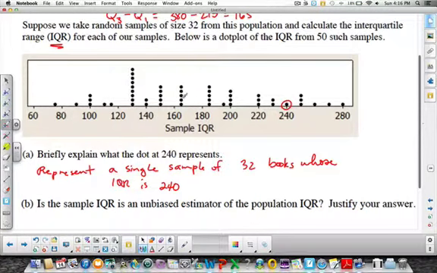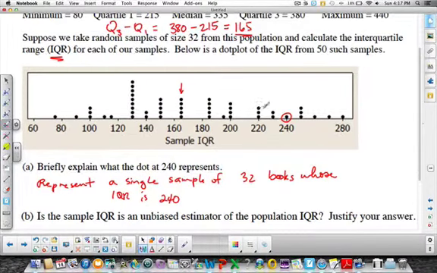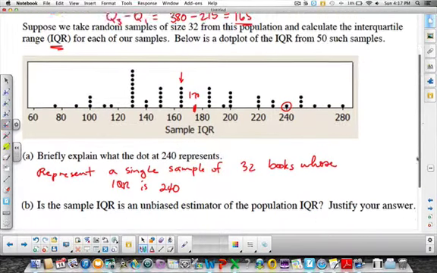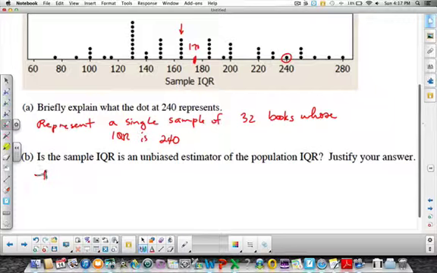So if you estimated the mean to be about here at 165, then you would say it is an unbiased estimator because the actual IQR of the population was 165. But because of this skewness, I think it's actually probably a little bit larger than that. So if you estimated that the mean was around 170 or so, you would say the mean of the distribution of 50 samples